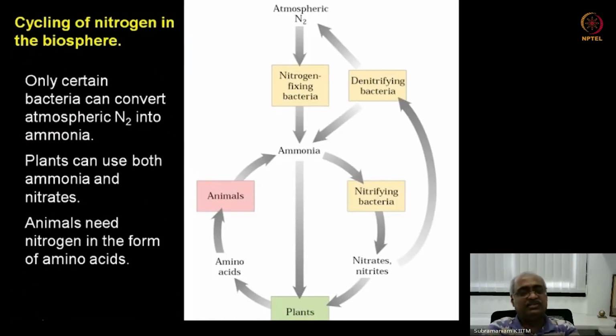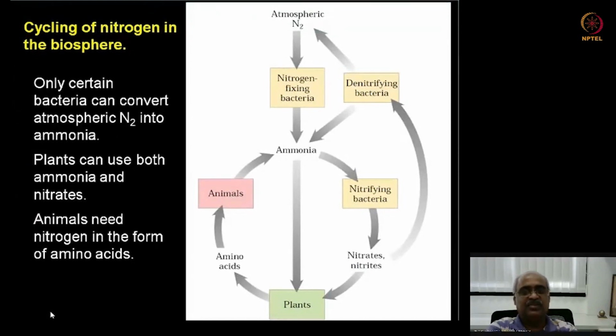So our cells can't readily use nitrogen from the atmosphere, although nitrogen is very abundant in the atmosphere. That is simply because nitrogen is triple covalent bonded, a very, very stable structure. So you need a specialized enzymatic system to reduce molecular nitrogen into ammonia. And that is done by an enzyme complex present in a special type of bacteria called nitrogen